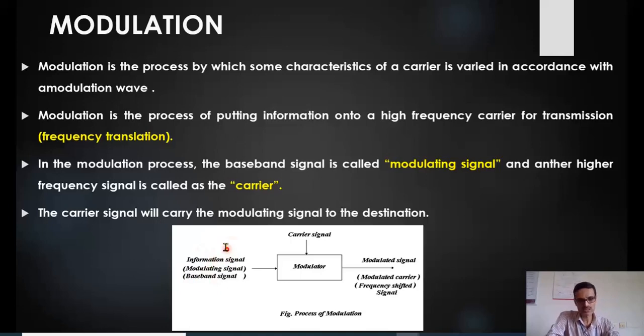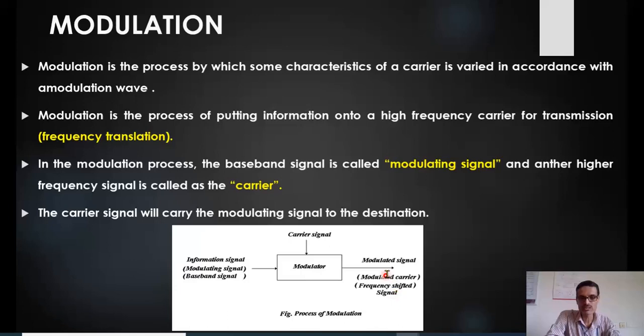The amplitude variation here, the envelope as we say, always represents the information. So as the amplitude of the message signal changes, either the amplitude or the frequency or the phase of this high frequency carrier signal is varied or changed or modulated. And hence we get what is called a modulated signal. That's why I represent it here as a modulated carrier.